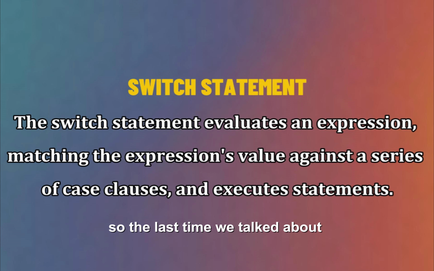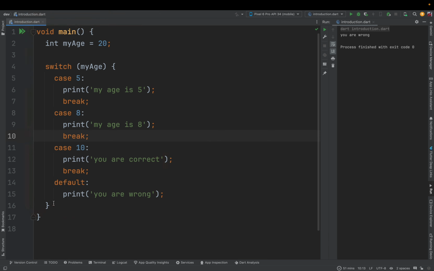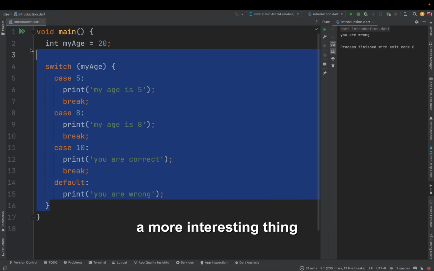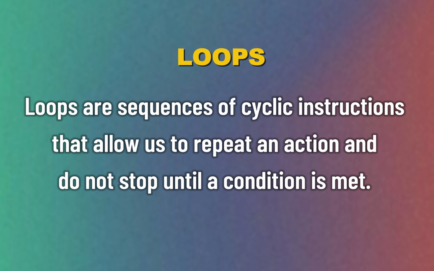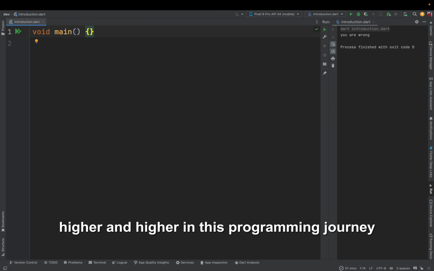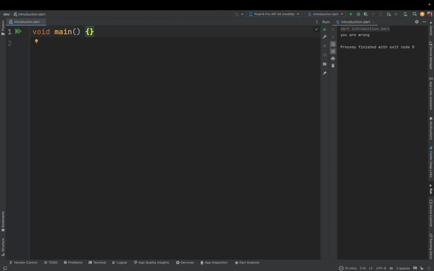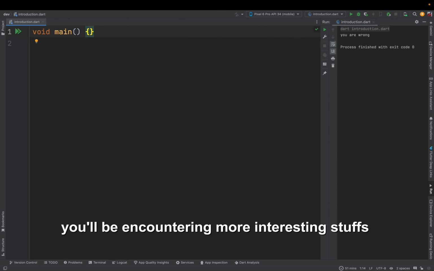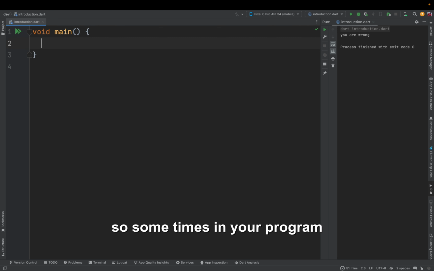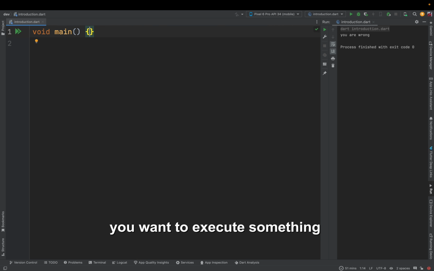So, in the last hour we talked about switch statements, which is what you can see currently. But today I'm going to be teaching a more interesting thing called loops. As you go higher and higher in this programming journey, you'll be encountering more interesting stuff. Trust me. Sometimes in your program, you want to execute something as many times as possible, as long